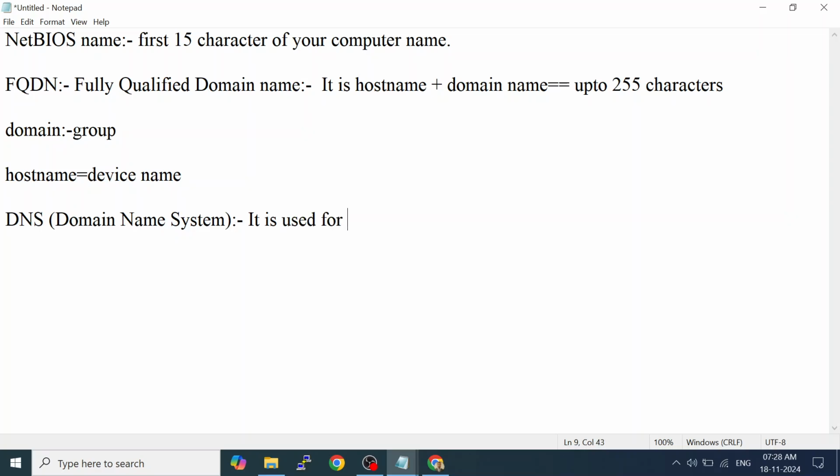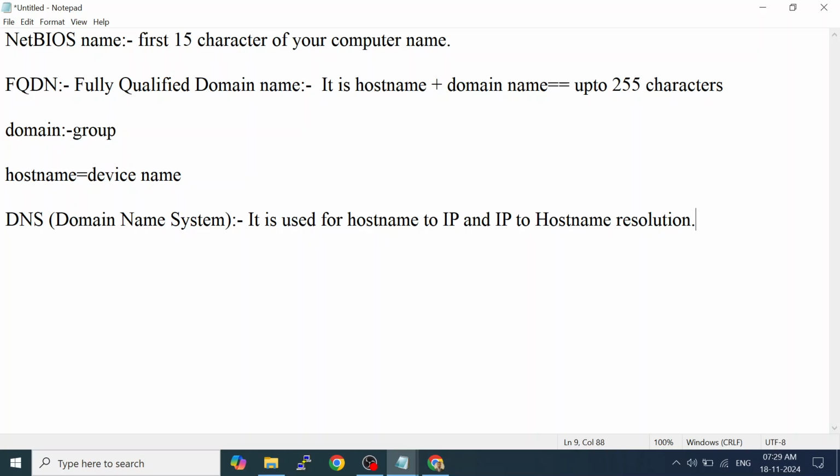It is used for host name to IP resolution. That is the only work of DNS, nothing else. It only resolves the name.